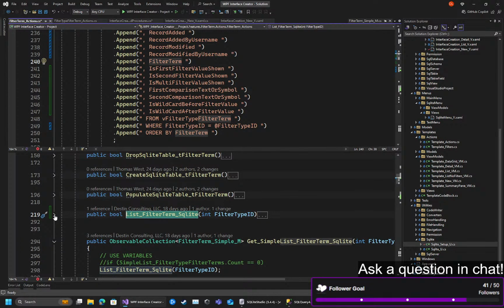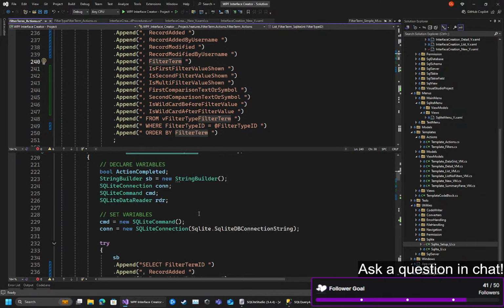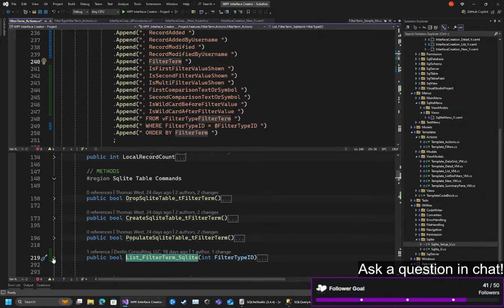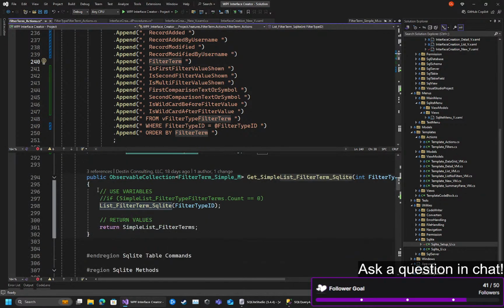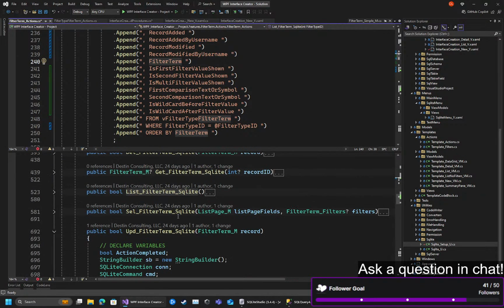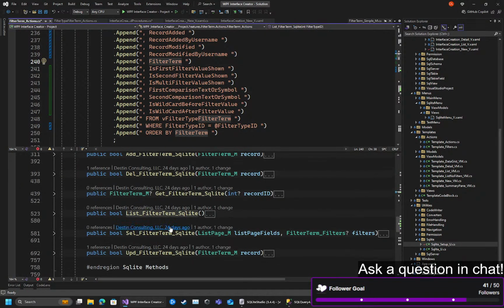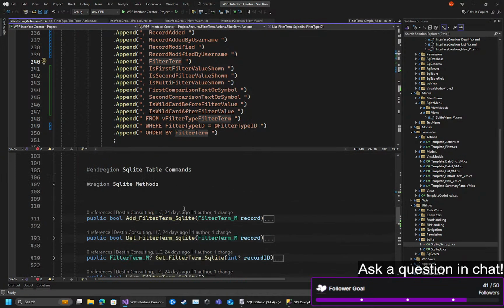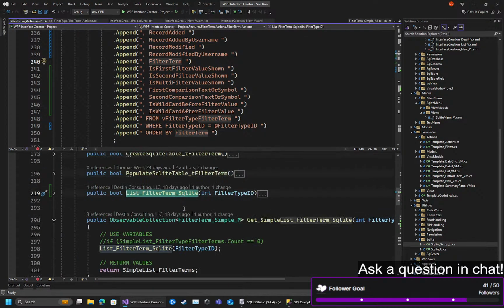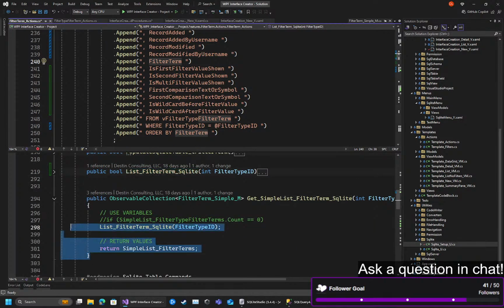Yeah, this is list filter term, which is the more complicated one. I don't want to confuse myself, but yeah. All right, let's just do that,